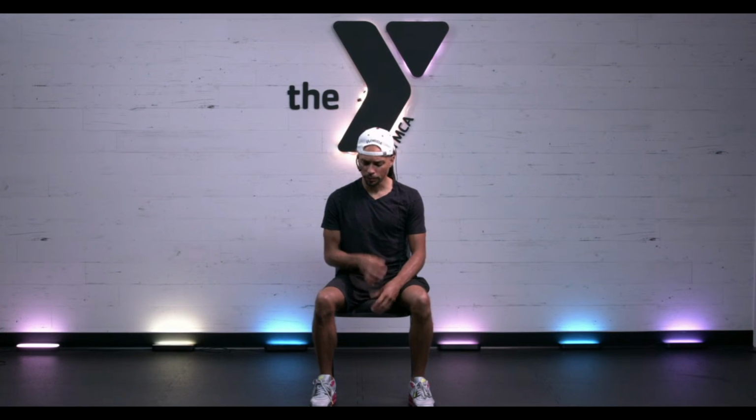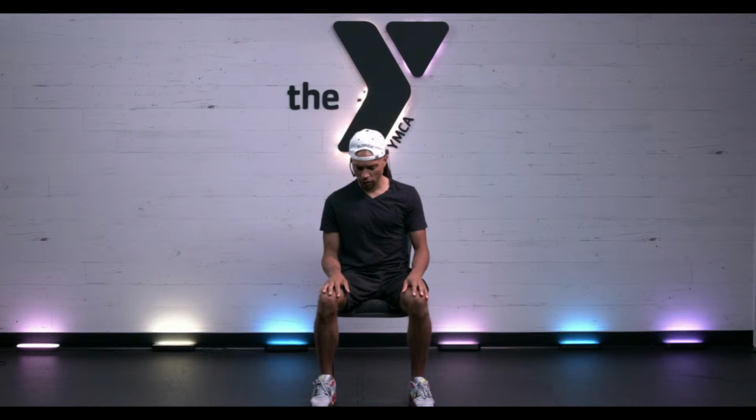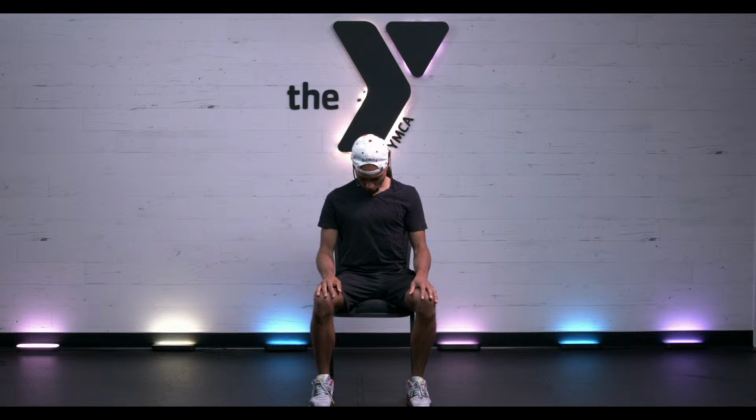These bandhas are going to be used to emphasize the breath and also to support and emphasize the poses, because we don't want to hurt ourselves as we explore ourselves, right? So let's start with some gentle movement. Sitting up tall, those shoulders still relaxed. Let's tuck the chin down to the chest